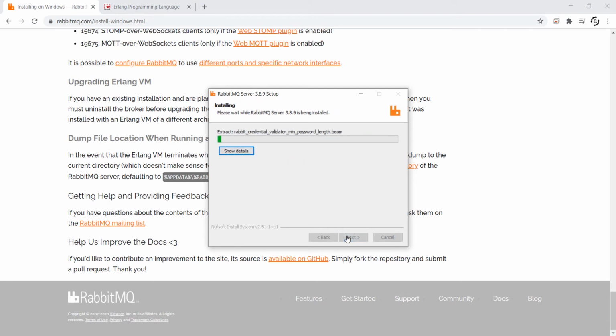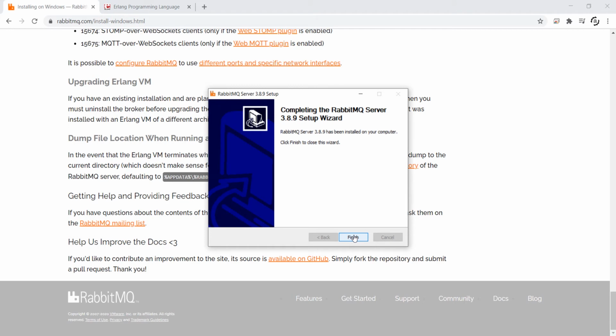Keep the destination folder to default and let the setup run its course. Then click on next and then click on finish to end the wizard.